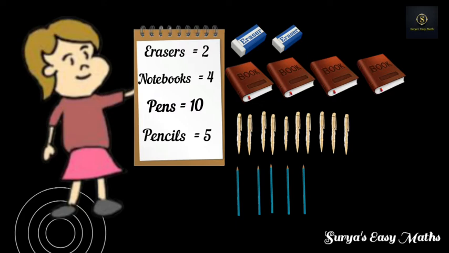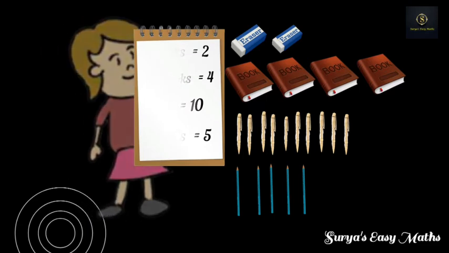So now after checking the list, Yoshika finds herself satisfied. So children, what we saw here is that she bought the things according to the list, and after buying, she checks all the things with the quantity, whether she has bought all the things or not. So here Yoshika has collected information about her stationery things. Now let's see one more example.